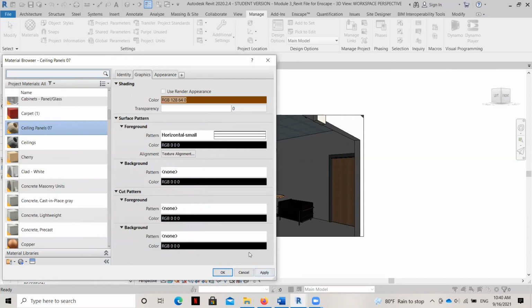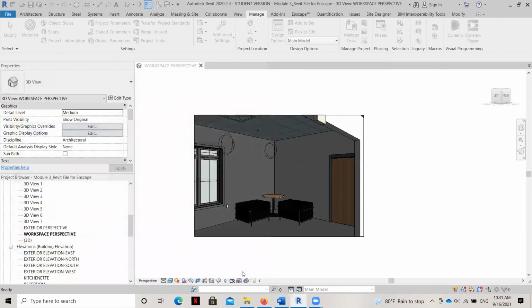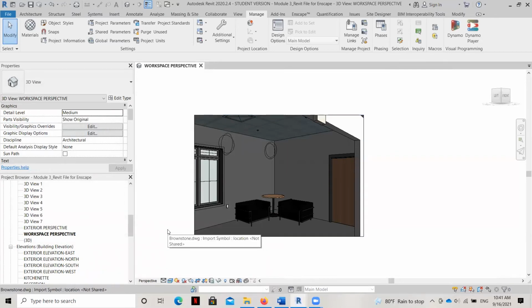In another class, you'll see how to take the settings that you used for Enscape and the items that you use and put in your project in Enscape and start to connect them back to your construction documents, and make sure that as we change finishes and appearances here, that it also renders correctly in plans and schedules and things like that. But for right now, we want to use Enscape for exactly what it's intended for, which is a beautiful, beautiful rendering. Okay, so we've got our materials downloaded and they're ready to apply.